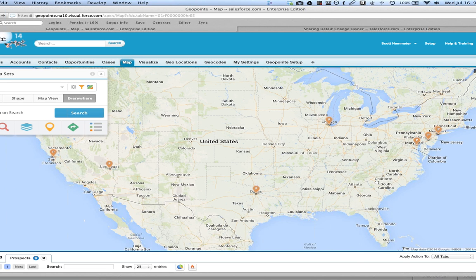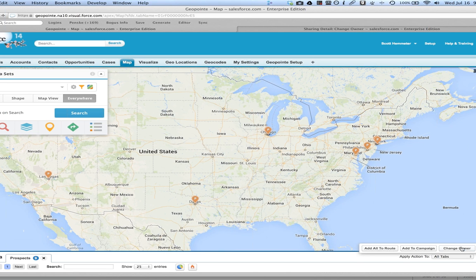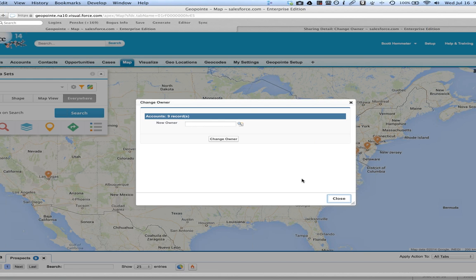Perform my query. Okay. And I could actually see the change owner here now. And that's only there because I gave myself access to it. Click change owner, and I'd have the ability to change ownership on those records. Okay. And again, speaking of actions, this is something we'll get into more in the developer